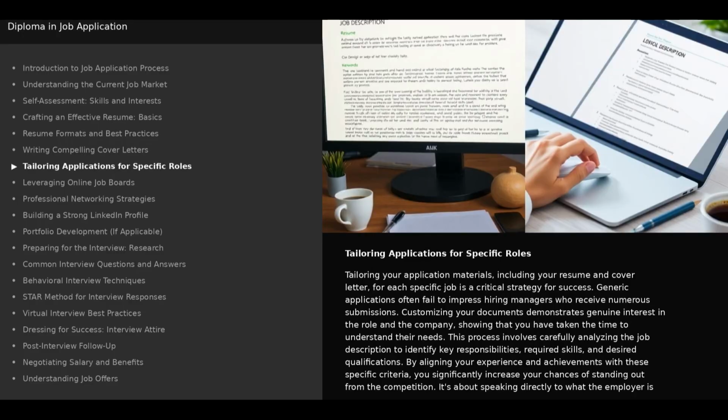Tailoring applications for specific roles. Tailoring your application materials, including your resume and cover letter, for each specific job is a critical strategy for success. Generic applications often fail to impress hiring managers who receive numerous submissions. Customizing your documents